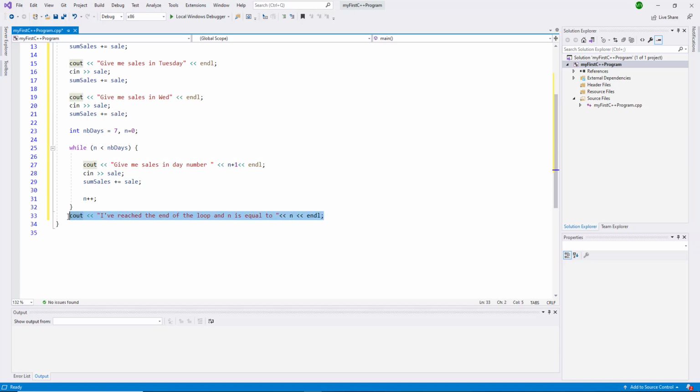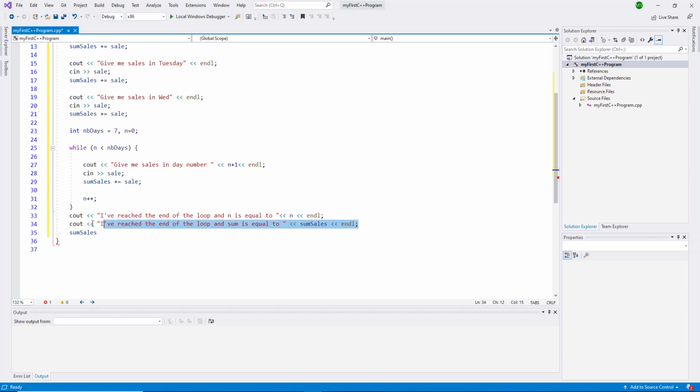Now, we would like to see also here, after the loop, the sum of the sales. Obviously, if I want the average, I would just do, okay, I'll just do that. Okay. I will divide by the number of days,